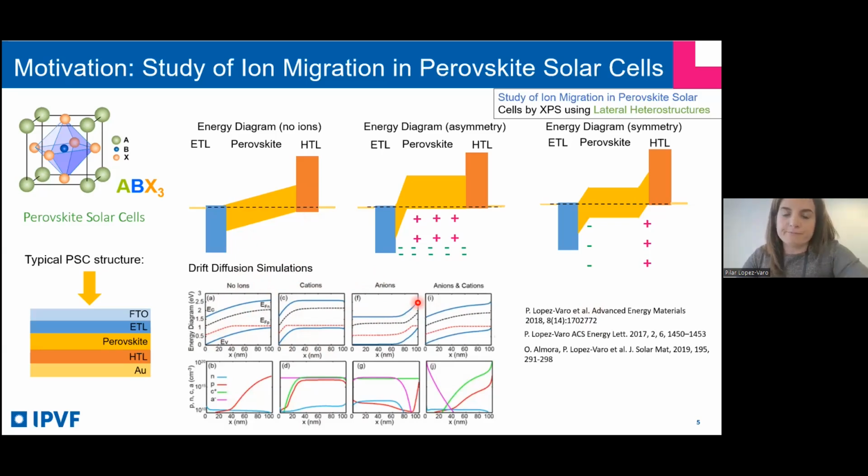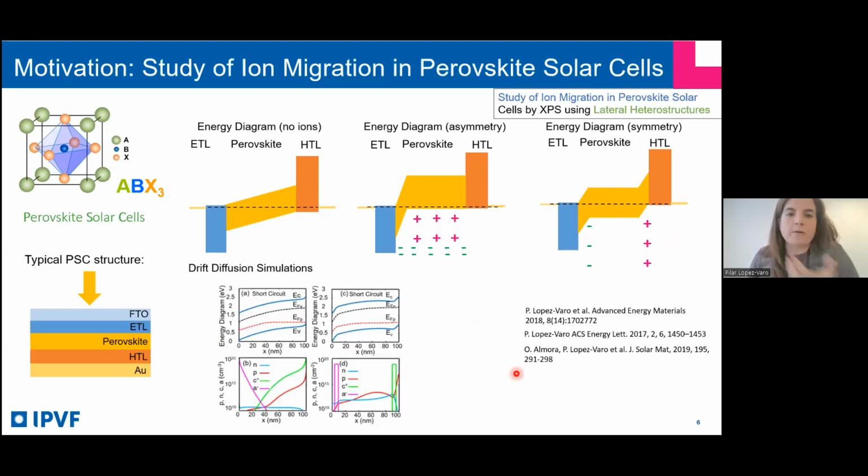So the semiconductor is working like a p-type. If we have anions and cations, we have almost this picture, and we have a bit of screening. It is going to depend on the concentration of ions. But lately, we say, okay, we are assuming that the ions are migrating following the diffusion equation. But also, in order to interpret other experimental data,